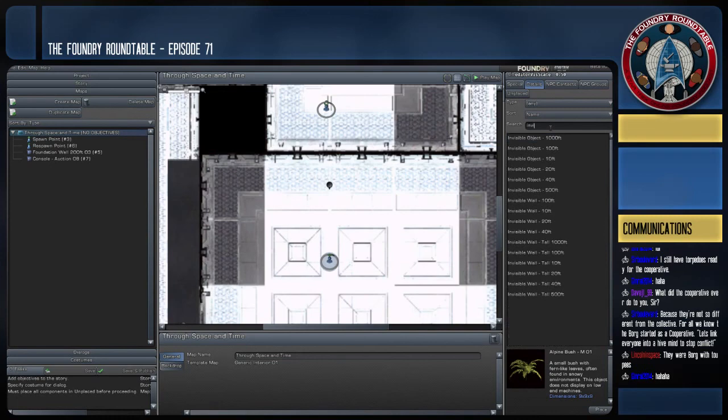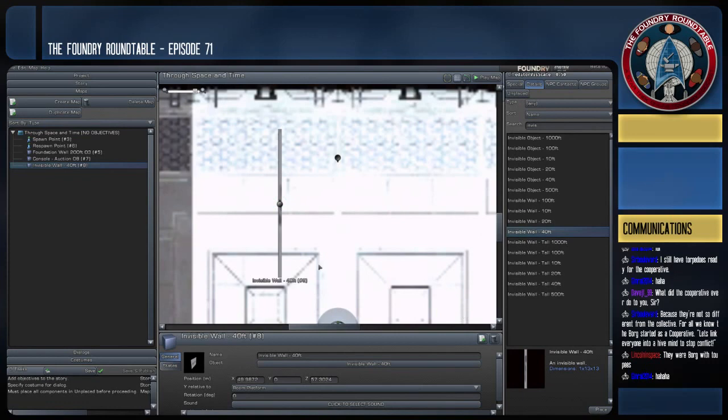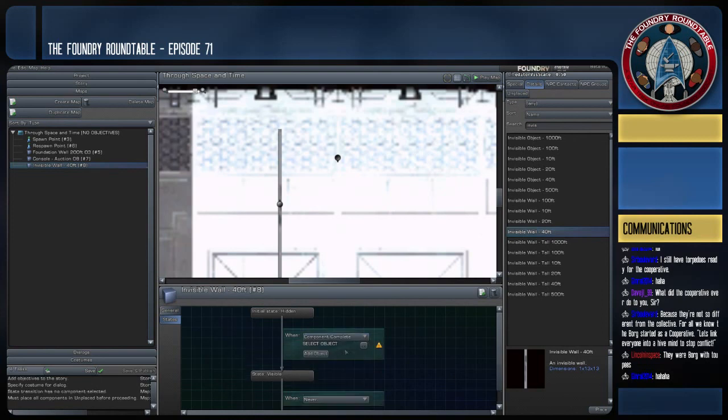All right, so let me bring up an invisible wall here. Let's do 40 feet. 40 feet should be fine. One of the things I'm going to do is set up my trigger for the first one beforehand, because it is a royal pain to set up triggers after you've got like 40 objects. So we're going to have it spawn on component complete, and this object I've got right here